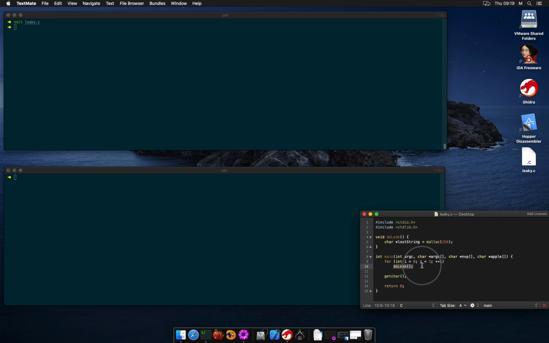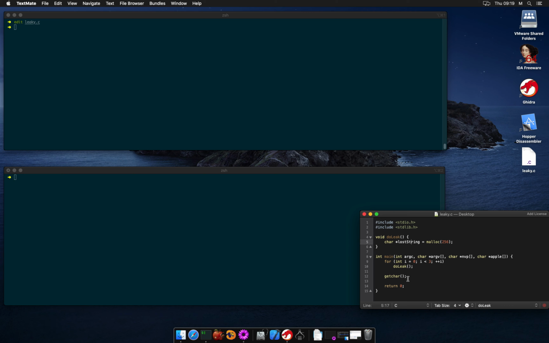There's a loop which calls another function whose name is self-explanatory, doLeaks. Inside this second function, I've added a memory allocation instruction. I'm using malloc and a 256 bytes block size, but notice there is no corresponding call to free the allocated memory block. Not good, because basically this function will create a small leak every time it's called.